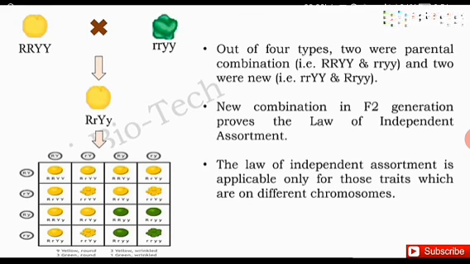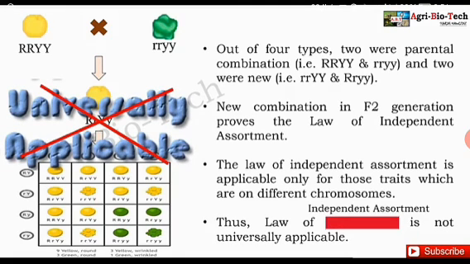So this law of independent assortment is applicable only for those traits which are on different chromosomes. So this law is not universally applicable. This is all with the